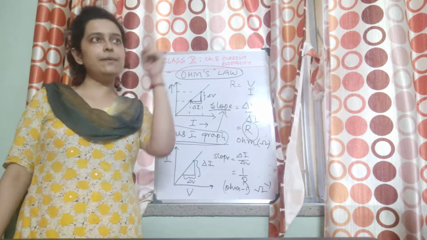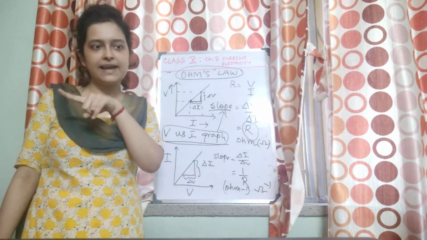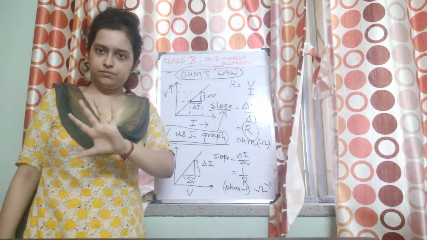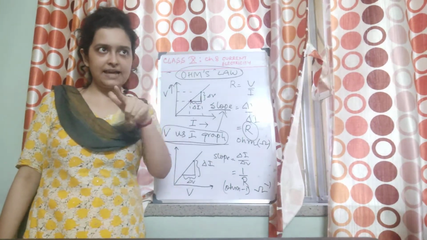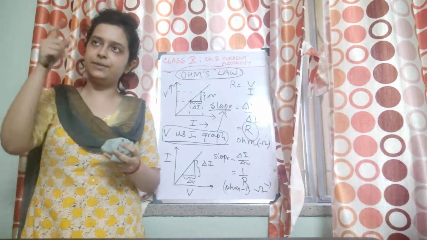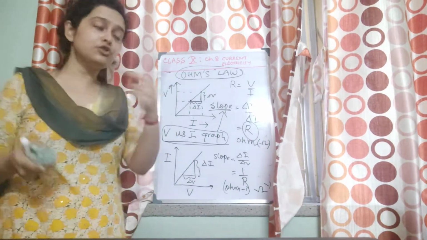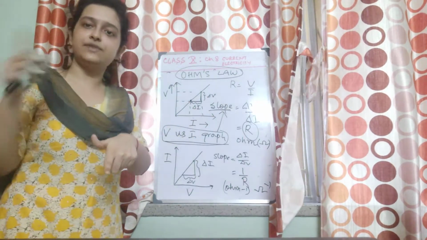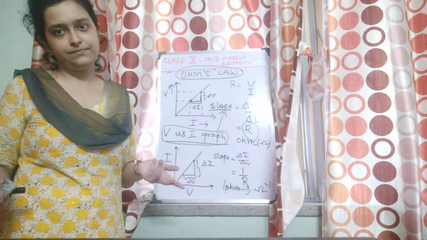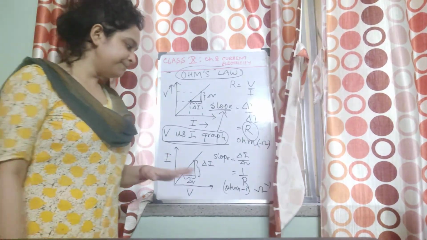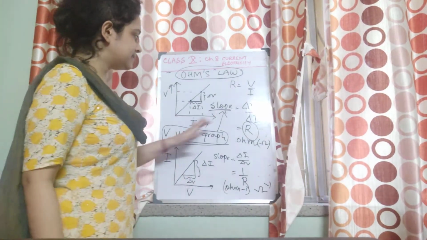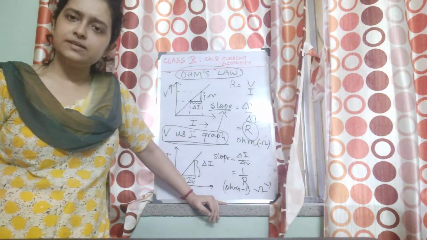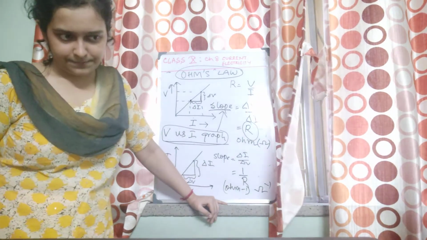So every time you see the readings, you will find V by I always comes as, say, 10 ohm. Every time you get V and I from the experiment and calculate, you find V by I as 10 only. And also if you draw the graph with a set of values of V and I, you find that there also you get resistance from the graph as 10. Now this Ohm's law is followed by almost all conductors.